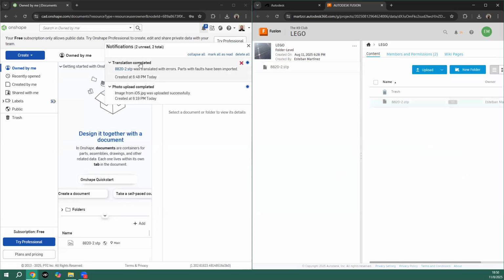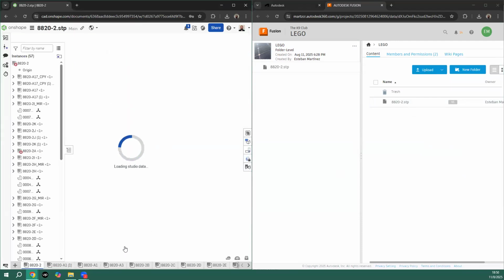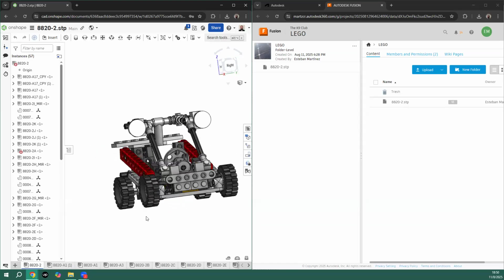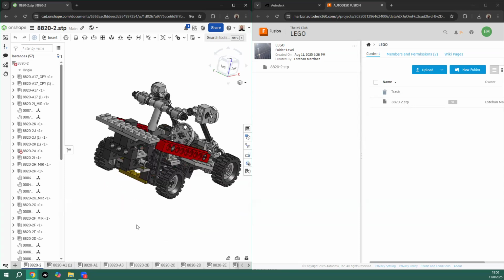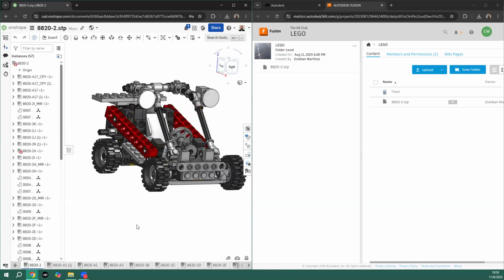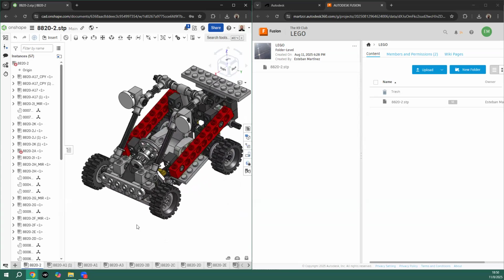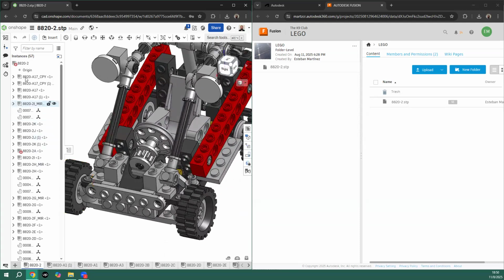Seems like translation is completed on Onshape. Let's click here on this step. So as you can see, well, this looks awesome. Let me use my 3D mouse to rotate this thing. Oh, wow. I like it. Unfortunately, it lost some of the colors, but the appearance is amazing. I like it, and it has the same structure, so